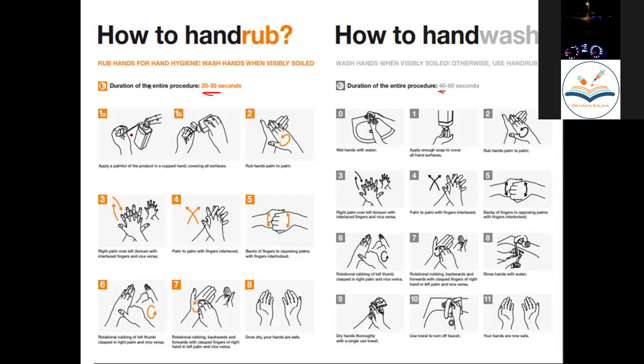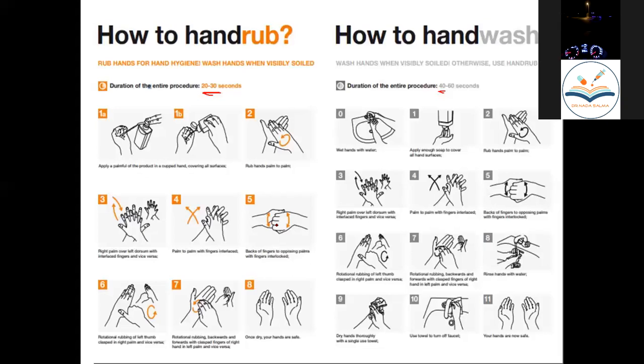In hand rubbing, when we use the antiseptic alcohol, first of all apply a proper quantity on one of your palms and then rub in a circular way. We will show you a video now too, so that it is clearer in applied form. Palm to palm rubbing in circular form, then hand to hand rubbing and interlocking the fingers, and also interlocking the fingers palm to palm and hand to hand.